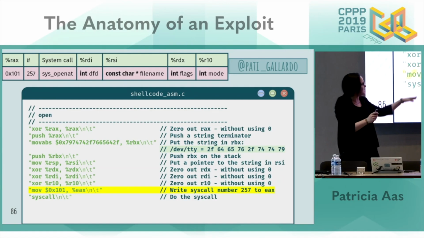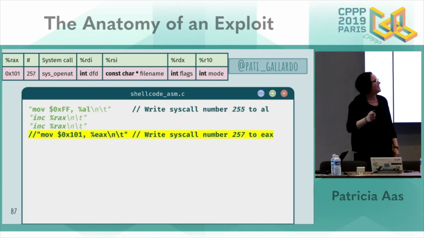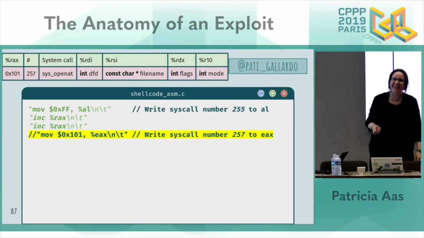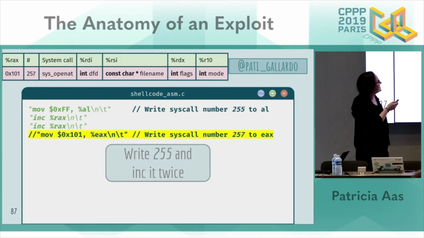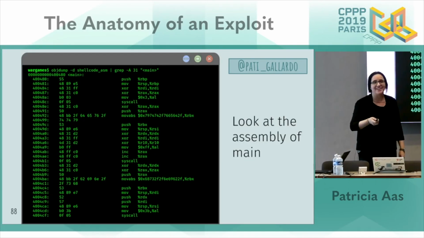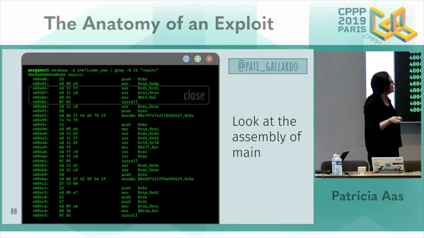Well, it's this line that's causing us trouble right here. So keep it simple. Just load 255 and then just increment it twice. And then we're back again, and we have no 0 bytes. It's not great code, but it wasn't supposed to be great code either, so it doesn't really matter.